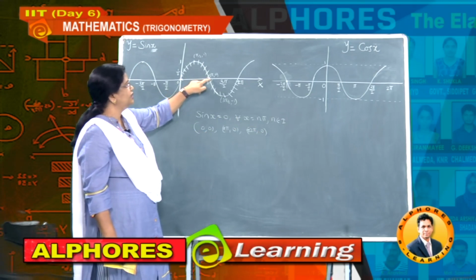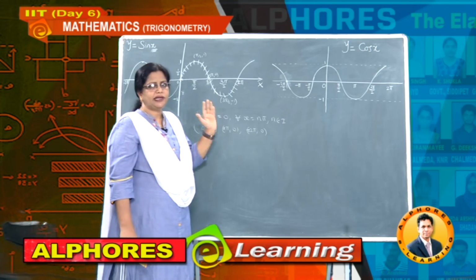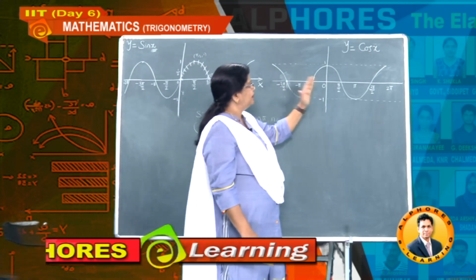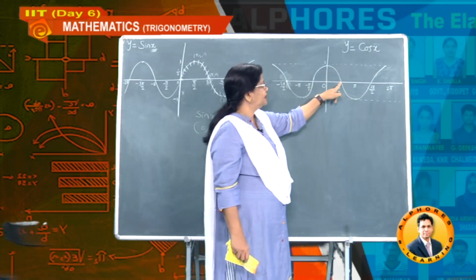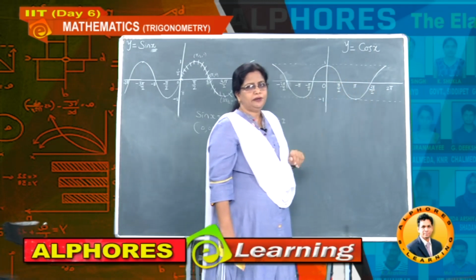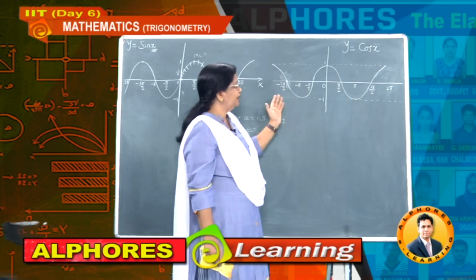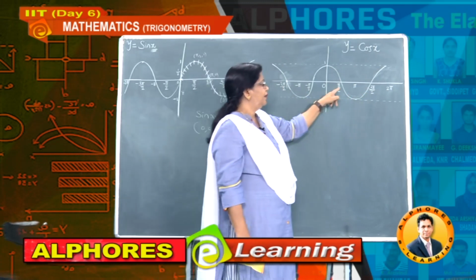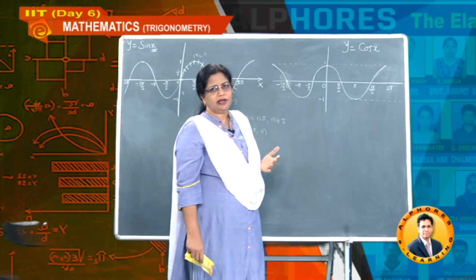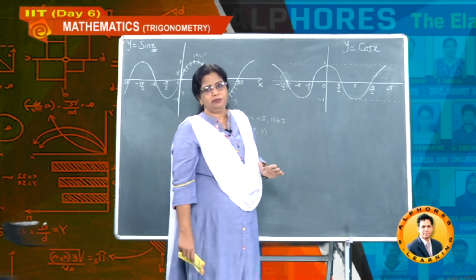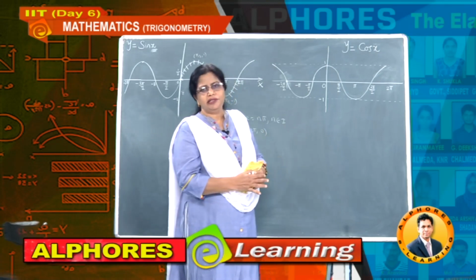Okay, at this stage y value is 0. So these are the values you got from the sine function, and in the cosine function you observe the curve is meeting the x axis at the points pi by 2 and here 3 pi by 2, minus pi by 2, minus 3 pi by 2, etc. What are these values actually? Odd multiples of pi by 2. Earlier we observed cos x value is 0 for all x belonging to odd multiples of pi by 2. So here also the same thing is happening.